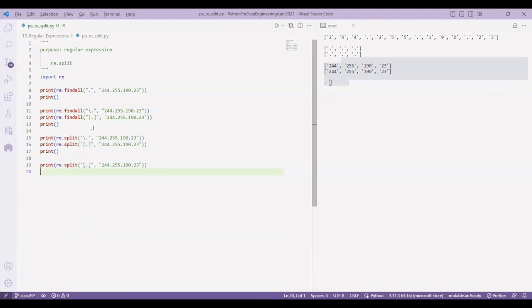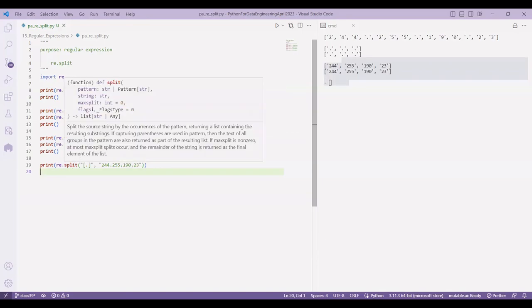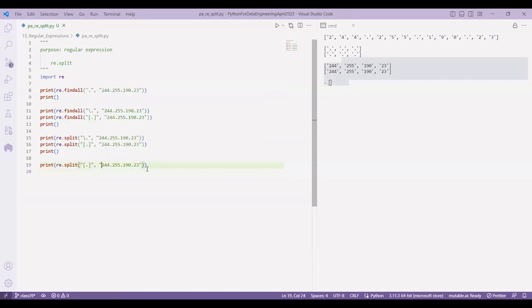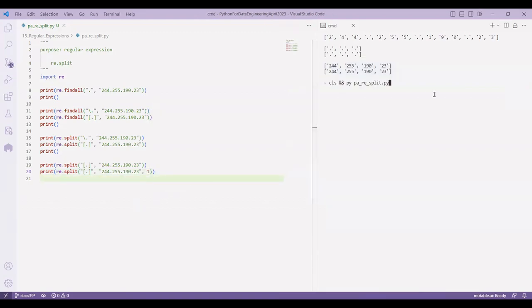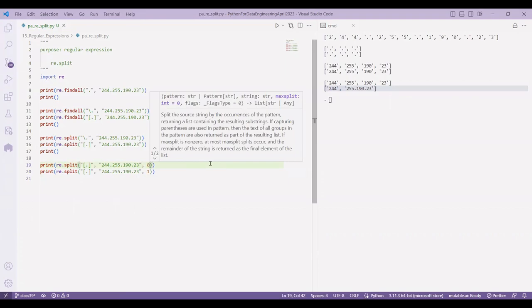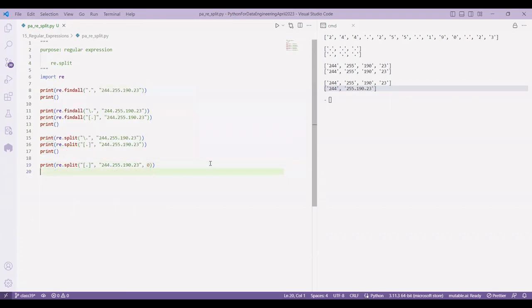When it is splitting, I can additionally pass information like maxsplit. So for this I can pass another value, say 1. If I do one split, did you see only one split happen? And here I can say 0, 1, 2,